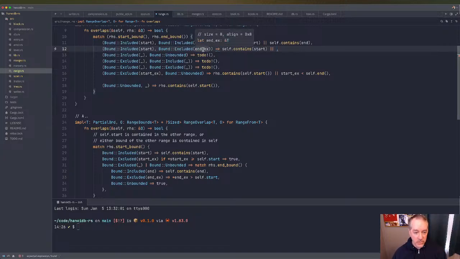If it's equal to start, then it doesn't overlap. But if it's greater than start, our start,